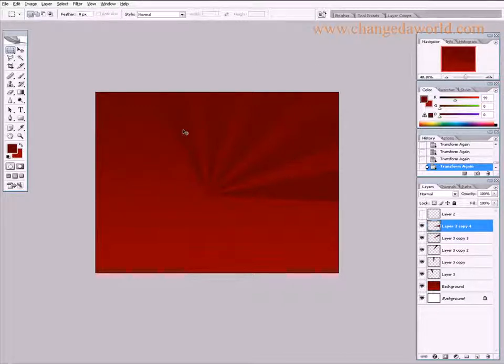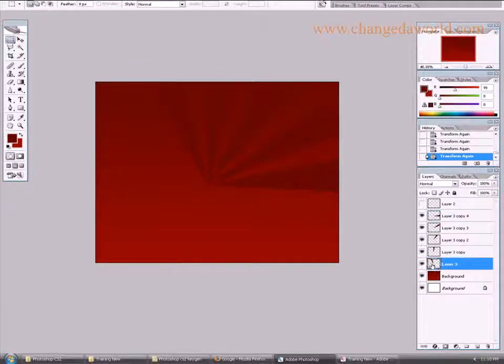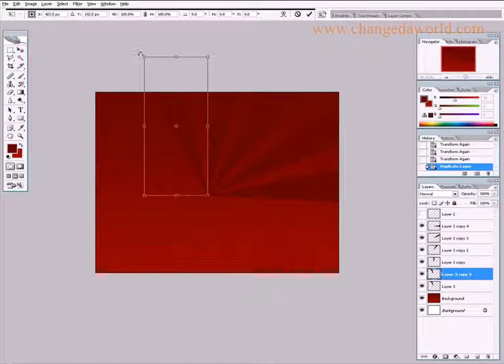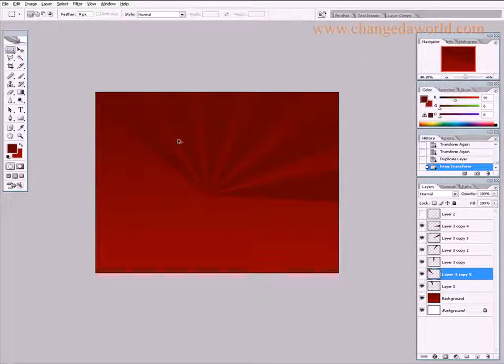Right, and let us come back to this layer here, layer 3, make a copy of it, drag and drop. Let's rotate it by pressing Ctrl T. Let me move this here all the way to the bottom, then rotate it here, double click, hold Alt Ctrl Shift and then press T. Right,